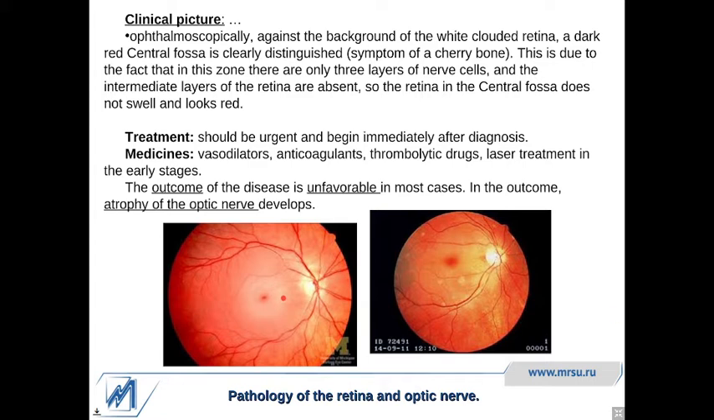So anatomically we know that in the retina there are 10 layers: 3 main layers with nerve cells, and the other layers are intermediate layers. In the central part, in the fovea, there are only 3 nervous layers, only 3 layers with nerve cells, and there are no intermediate layers. And in other parts,